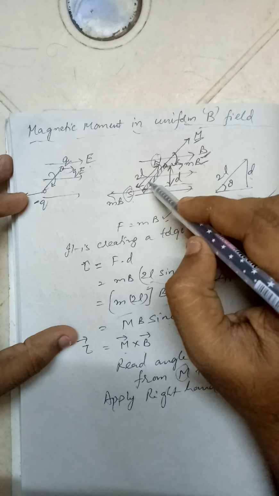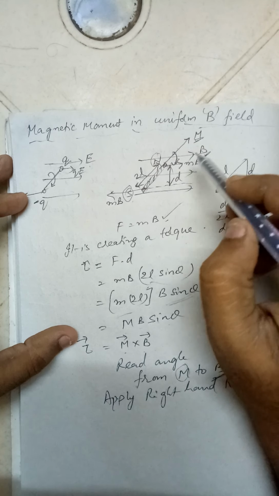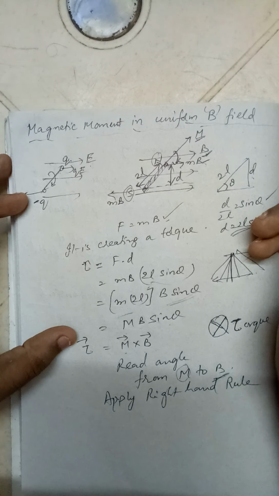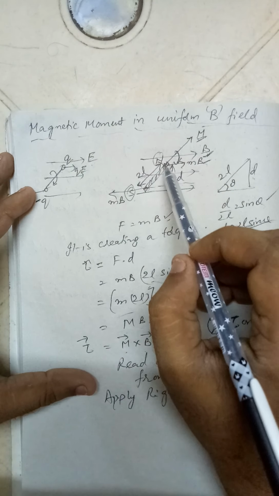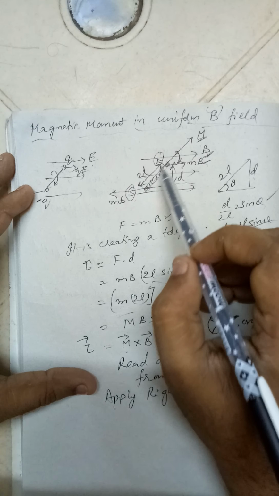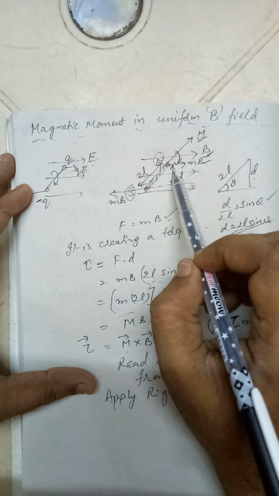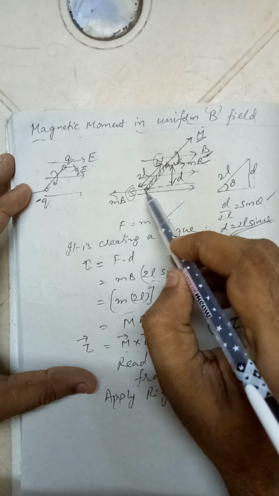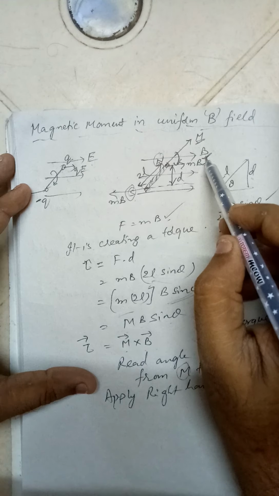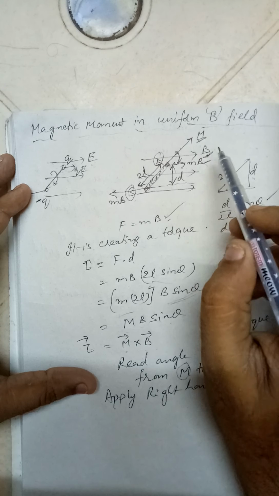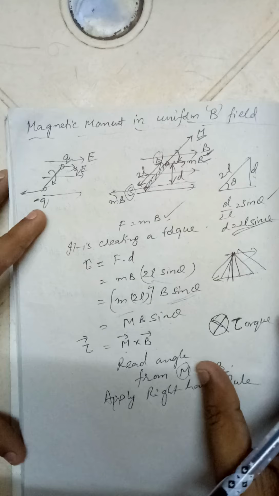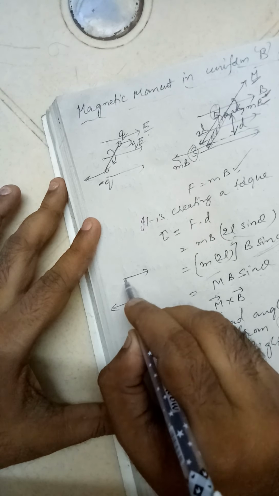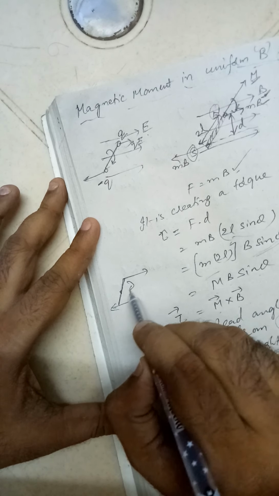When you try to put this bar magnet inside this magnetic field, what will happen? It will try to rotate the bar magnet. How? This bar magnet will have a north and a south pole with pole strength small m. The north pole will experience a force in the direction of the magnetic field, and the south pole will experience a force opposite to the direction of the magnetic field. So you have a situation like this, where you have a force like this, a force like this. What they will try to do is induce a torque.